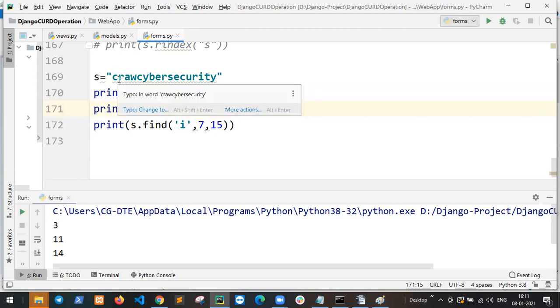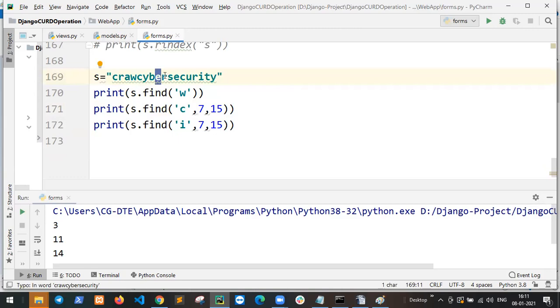That means 0, 1, 2, 3, 4, 5, 6, 7, and 15 means 7 to 15. Start at 7, 8, 9, 10, 11, 12, 13, 14, 15.